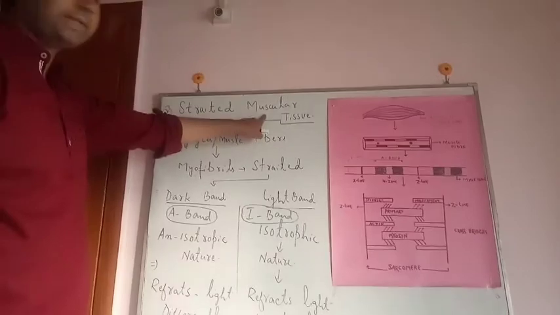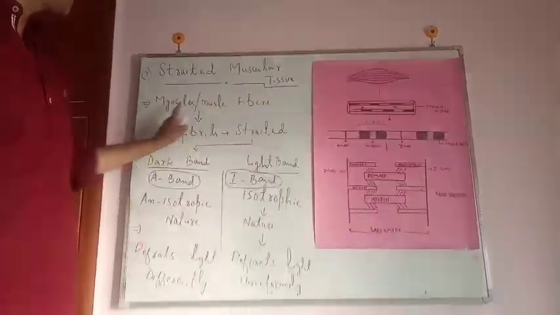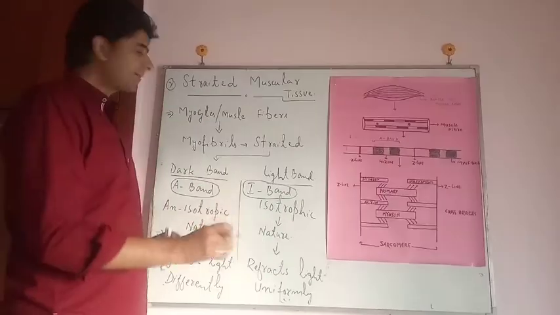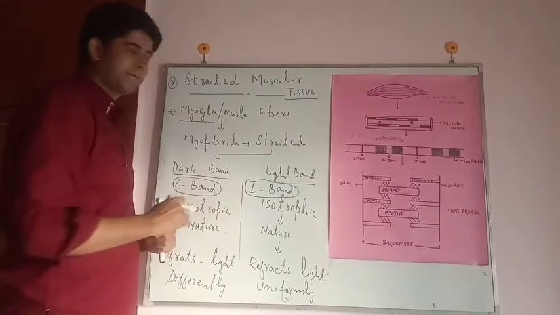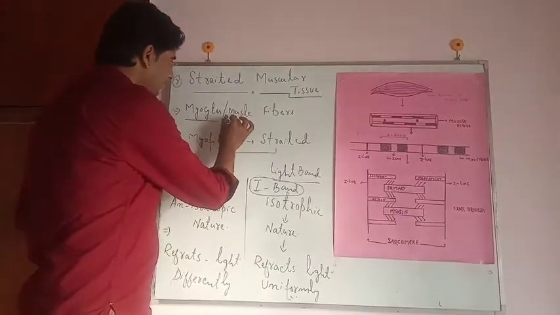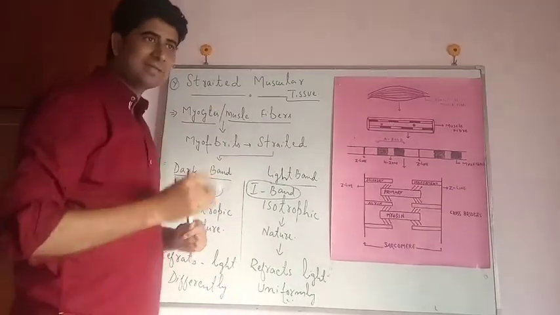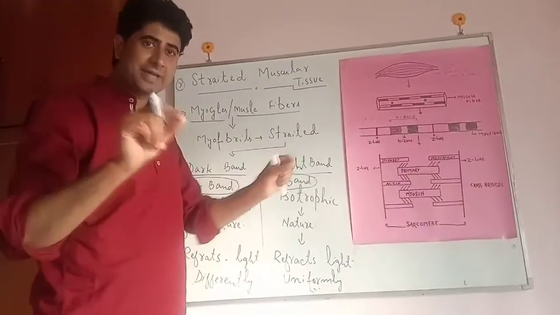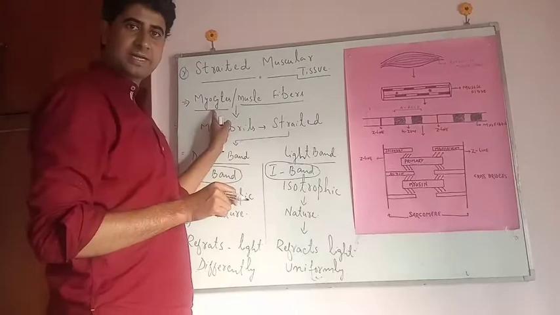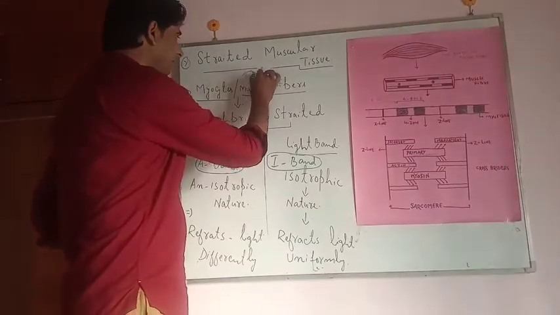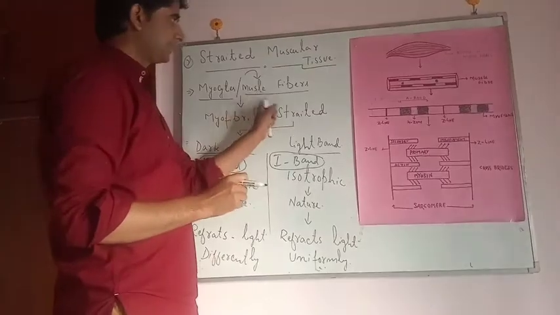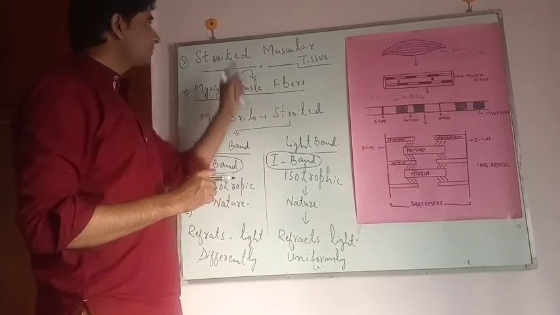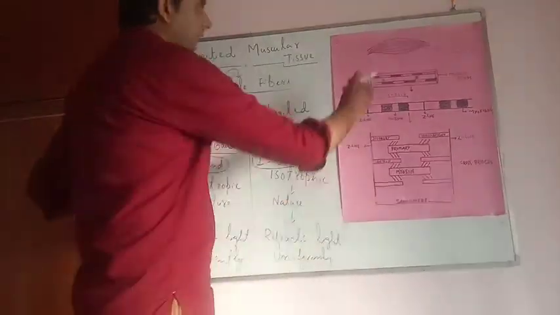So, as you know, this striated muscular tissue consists of cells. Those cells are called myocytes or also termed as muscle fibers. क्योंकि हमने कल ही स्टडी किया था ये जो मसल सेल्स है, these are elongated in nature, thread like and elongated in nature. That is why the muscle cells or myocytes have also been termed as muscle fibers. Now in this case, in case of the muscle fibers or the myocytes of striated muscular tissue,